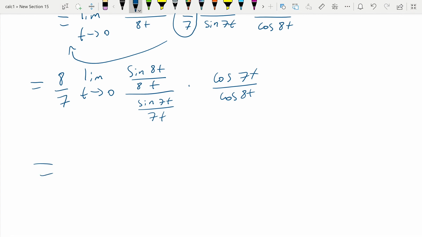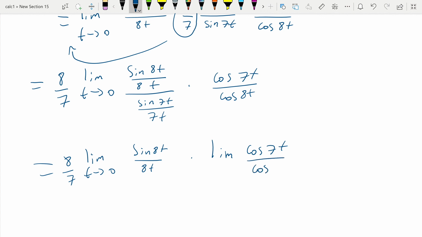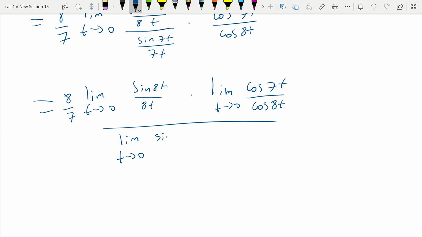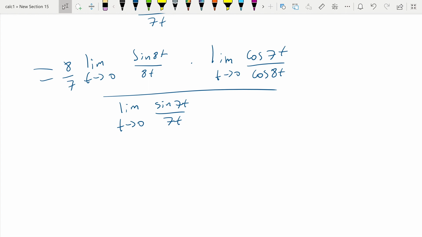And now we can use the rule. So this is the limit when t goes to 0 of 8/7, the limit when t goes to 0 of sine of 8t over 8t, times the limit of the cosine of 7t over the cosine of 8t, t goes to 0, and then divided by this. And why can we do that? Because all of these limits exist. Sine of 7t over 7t. Okay, and this is equal to